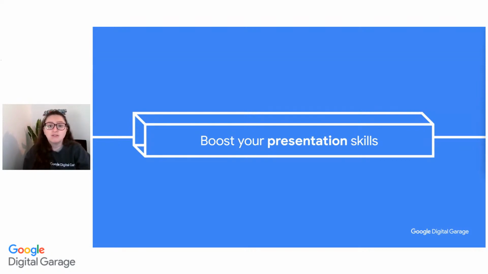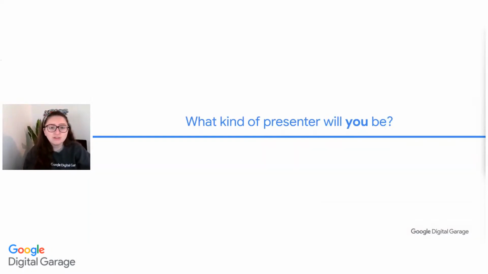How are you going to have something that's consistent from beginning to end that goes further than just those traditional slides and that structure that we've talked about already. So first of all, ask yourself a question: what kind of presenter are you going to be? We talked about storytelling, beginning, middle, end. So what's the way that you want to make sure that people are connecting with you, people are understanding where you're coming from, especially if you've got a presentation that is rooted in who you are?